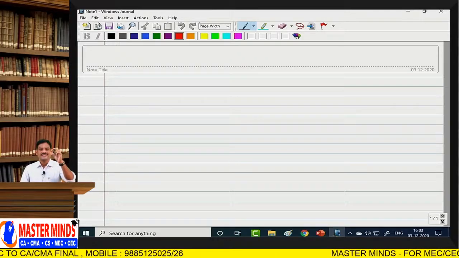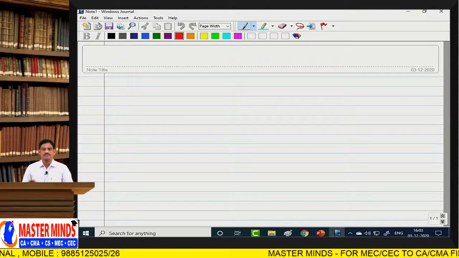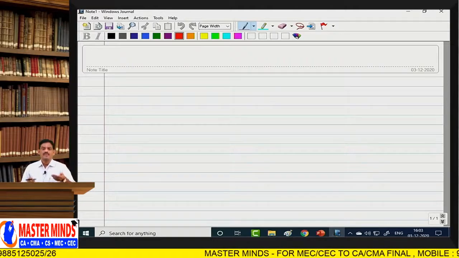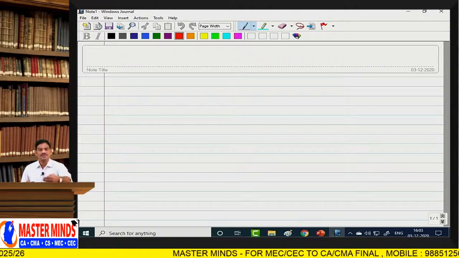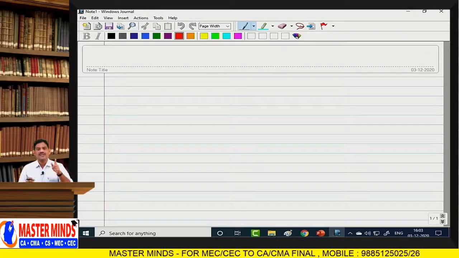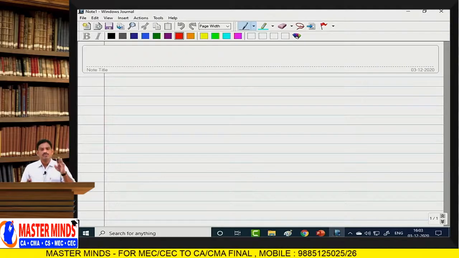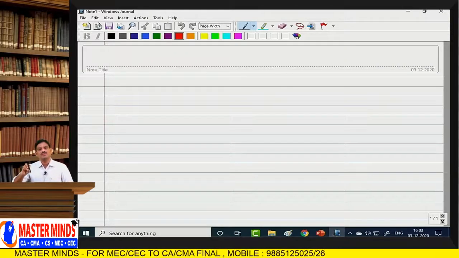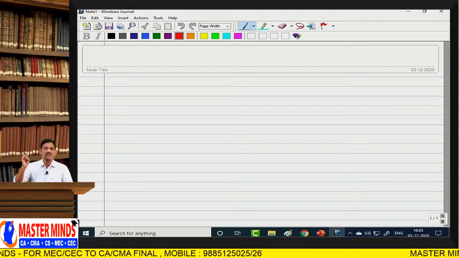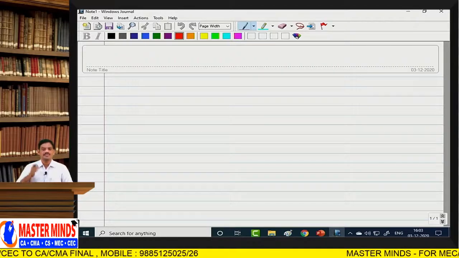Input unit, central processing unit, memory unit, output unit. What we are giving as input to the system is said to be the data. Data will be given to the computer in the form of input called input unit, and we have various devices called input devices. Later, it processes the data and produces information as output through output devices. Output may be soft copy, hard copy, and sound output.